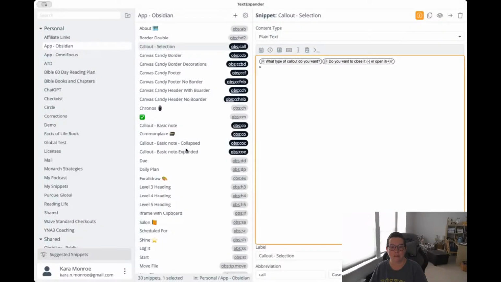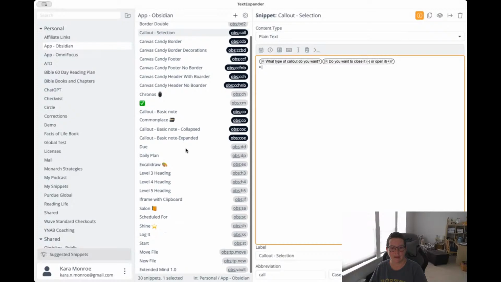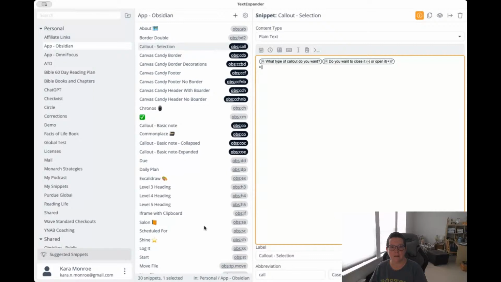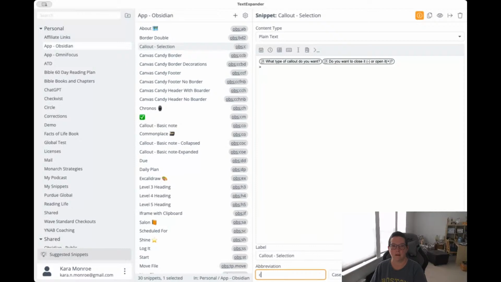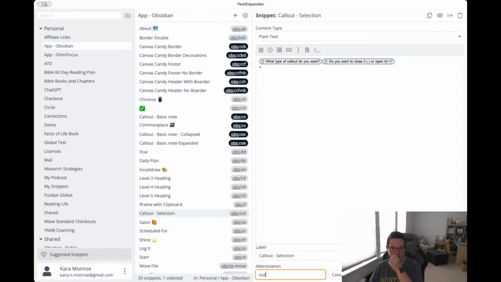So I have an Obsidian extension for calendar. Where is that? Not seeing it in there. All right, but we're going to give this a different name. We're going to call this callout. There we go. So that one will not fire something else when I do it. All right, so let's try this in.